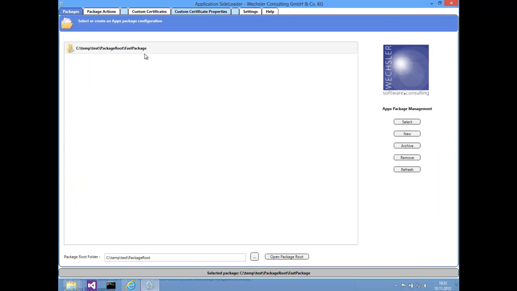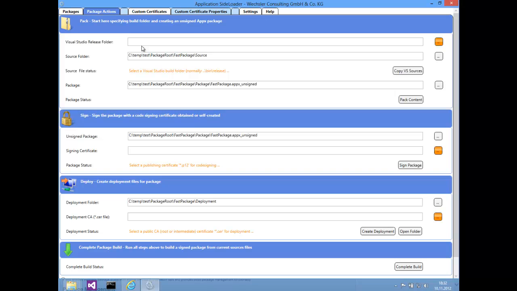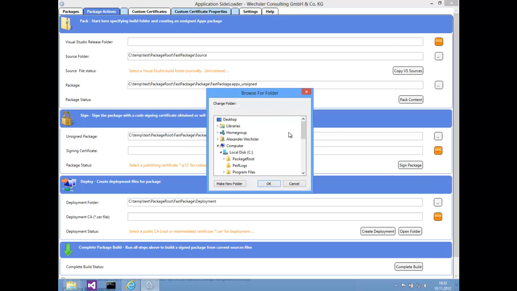Right, let's go to the packages, double click on the package, and we're in package editing mode. The first thing we need to build a package is the Visual Studio source files or binaries. Let's take a sample from the Microsoft Windows Store App SDK samples, and we take the release folder here of that sample,